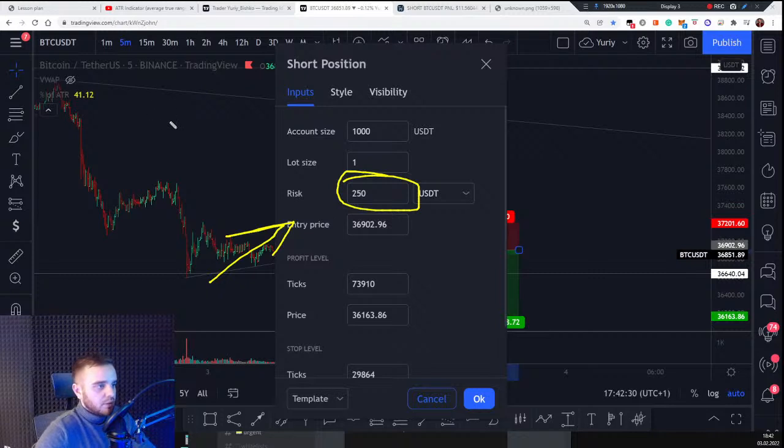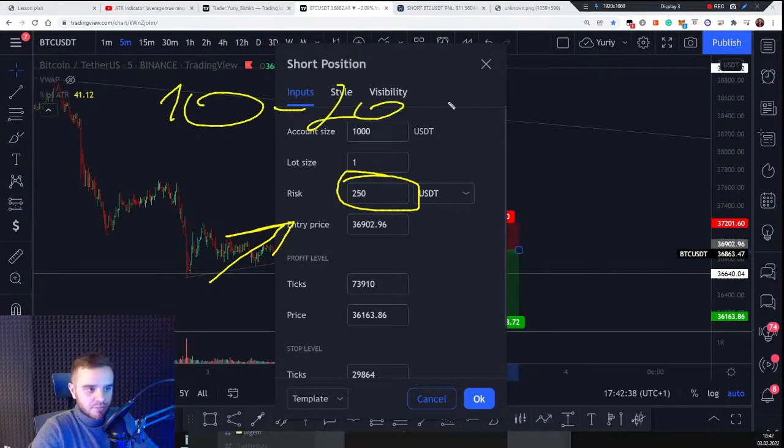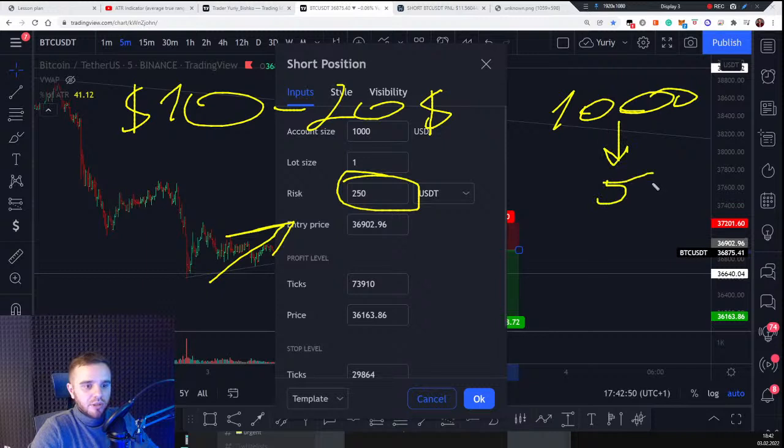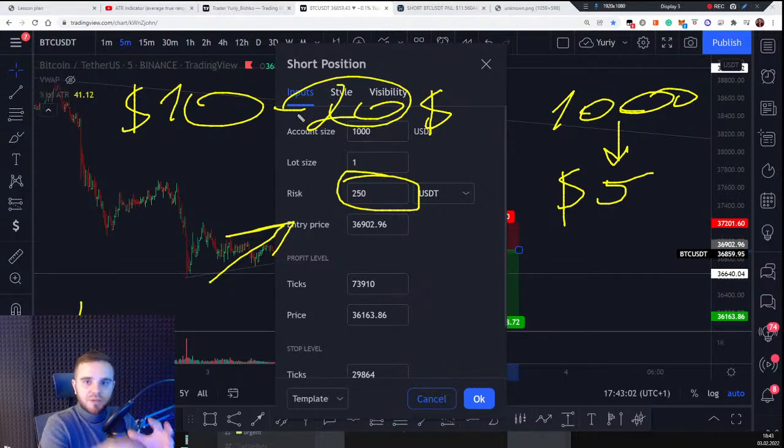For complete beginners, I recommend putting there not more than $10-20. Depends on your salary. If, for example, your income per month is less than 1,000 USD, you can put even 5 USD here as your risk per trade. If your income is 5K and more, you can put even $20, because some people, when I speak with them, don't treat small stop losses properly, and that's a mistake. That's the first, if you are a beginner.